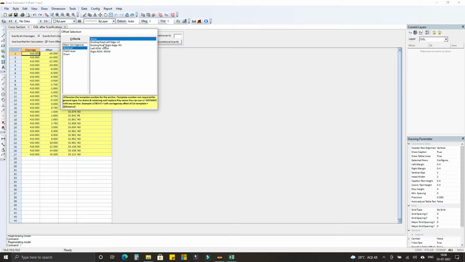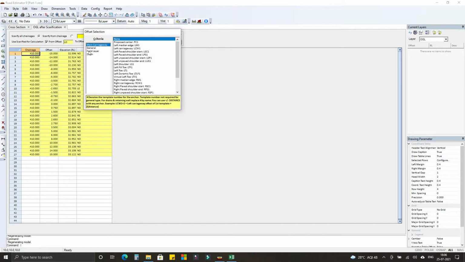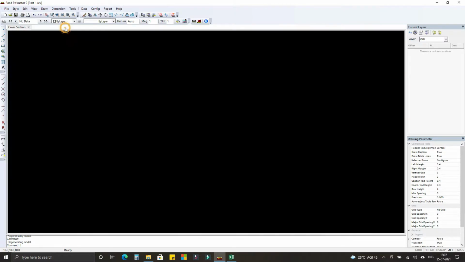Go to general, select existing road left edge. Select to offset, general, right, existing road right edge, and give a depth in meters. Okay, 0.5. I'm providing a 50 scarifying depth. So click scarify and close this tab.